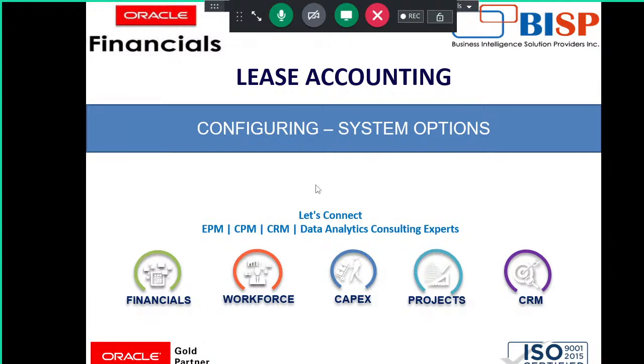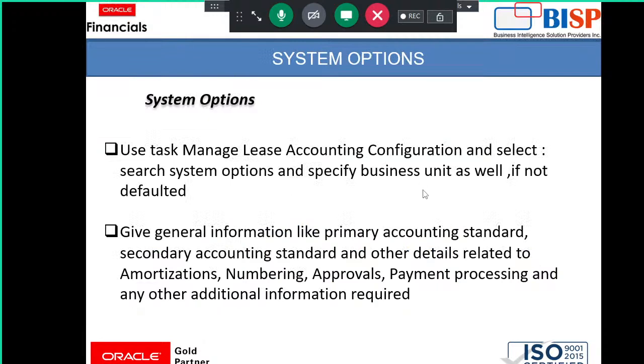Today we'll start with some configurations required in lease. So without wasting any time, let's move to the first configuration, system options in lease. System options configurations are very important because whatever options you specify here, accordingly your lease will work in the instance. So for configuring system options, you need to go to the task,